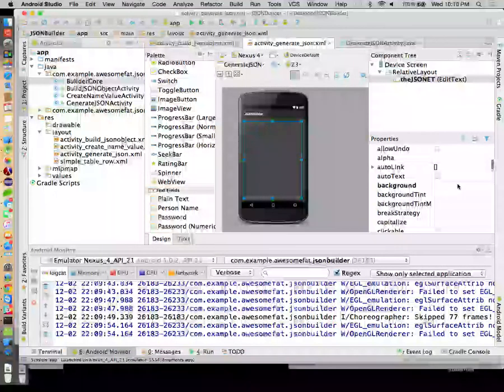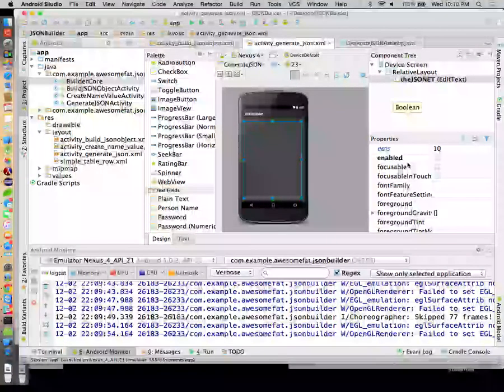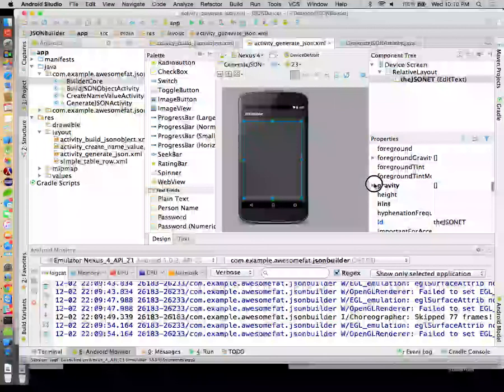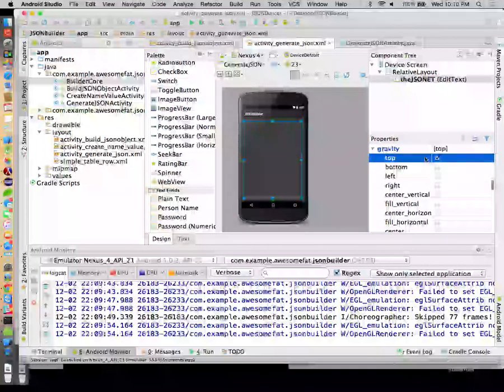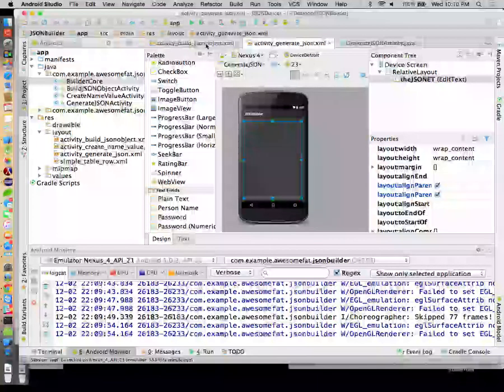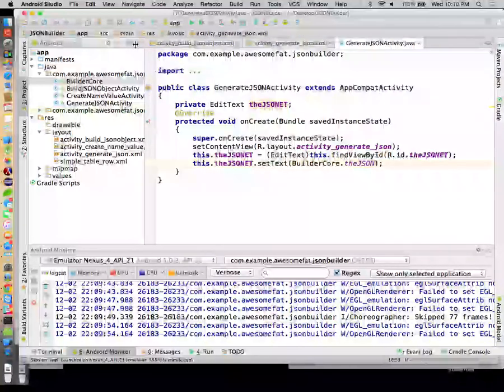Let me go here, I'm just going to set the gravity on this guy to top. Actually, I don't even have to do left justified, that's fine. So top like that. I'm not going to worry about anything else. So now in here, when we do our